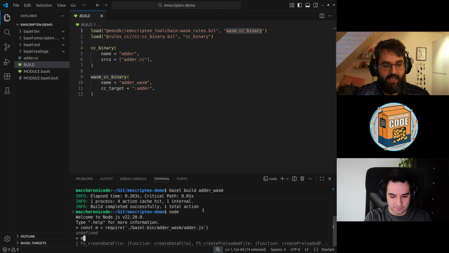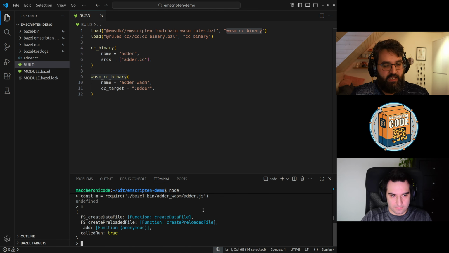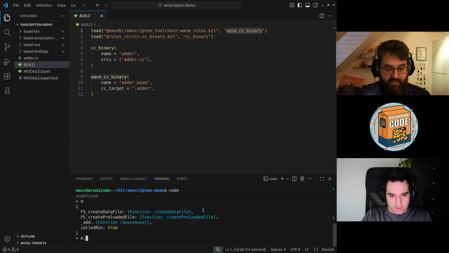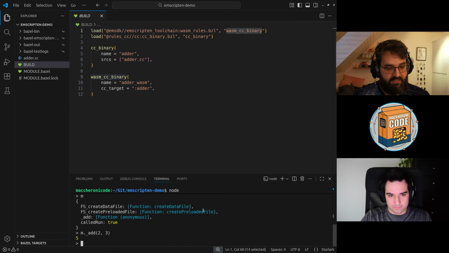So now we have this m, which is our module, and you can see there are a couple of files that are exposed automatically by Emscripten, but what we care about is this underscore add, which is the function that we actually exposed. So we can say m._add(2, 3), and you guessed it, it's 5. It worked like a charm.